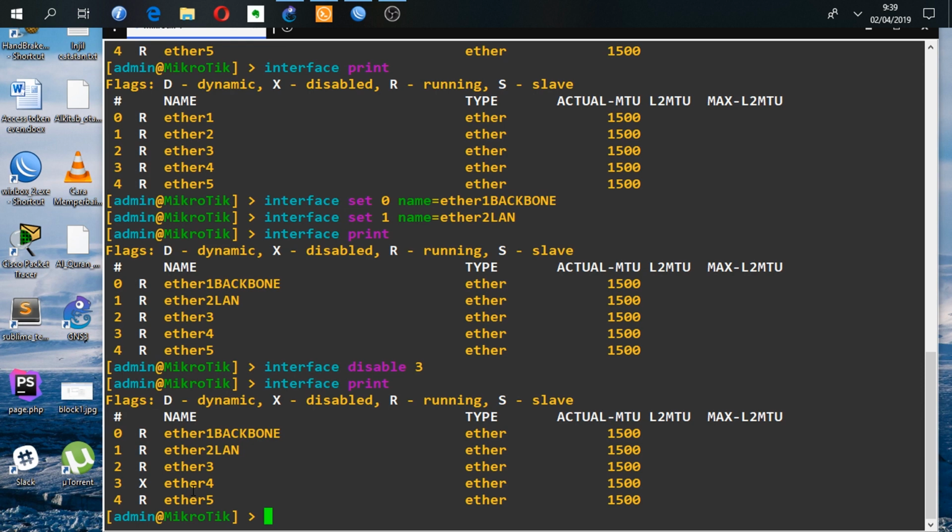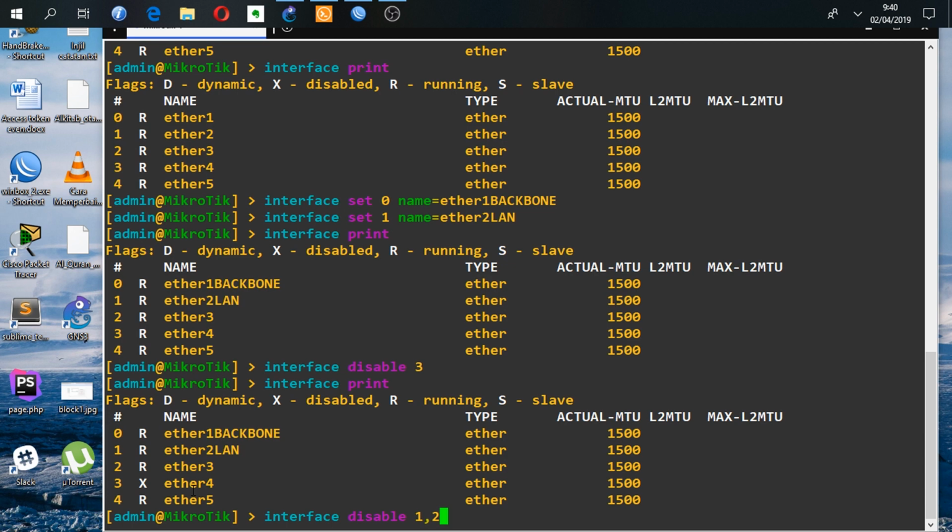If it turns out you want to disable a couple of interfaces directly, for example you want to disable Ether2 and Ether3, you can use a command like this. I will show you how to disable a couple of interfaces directly.